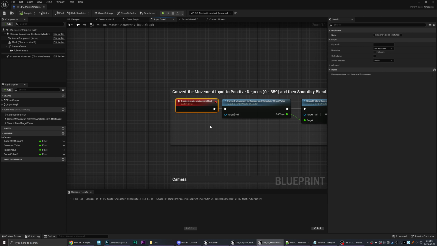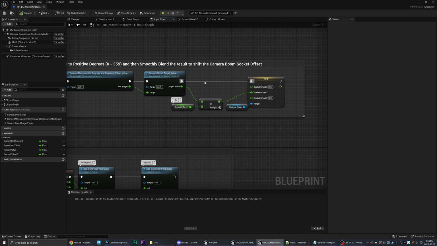And so then that means every frame it's going to be checking our values, and then it's going to be blending our values. And then finally, what we do is after running these two functions, I multiply that amount because I've turned this into either 0 or 1. Actually, it outputs either 0, 0.5, or 1, right? And so it's either going to be multiplying whatever the socket offset here.